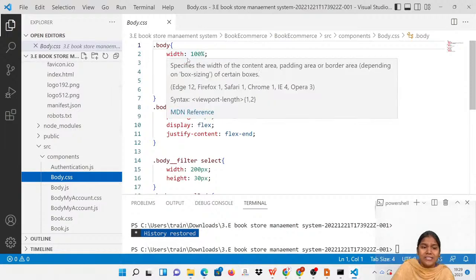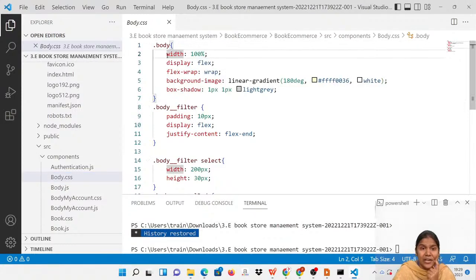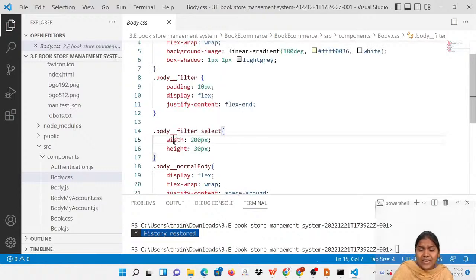Next, body.css represents the body of the statements in my web application. So what type of customization can I do? Okay, here you can do display, flex wrap, background image, box shadow. Next, body filter includes padding, display, justify the content. Body filter select width and